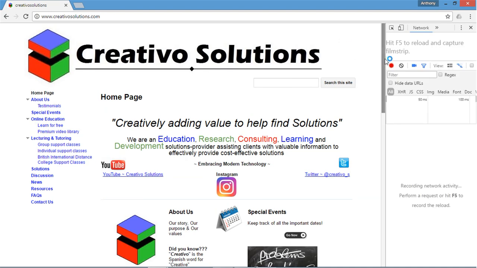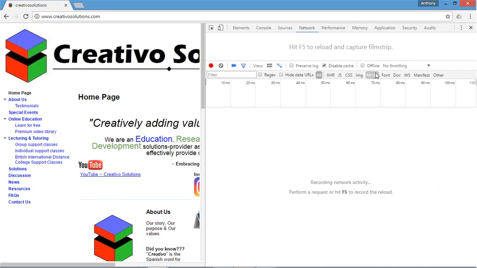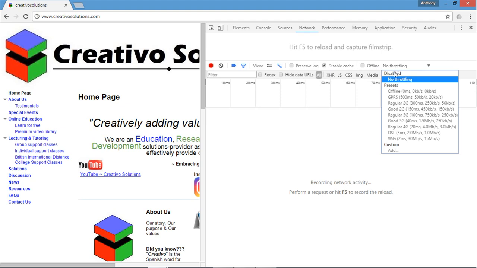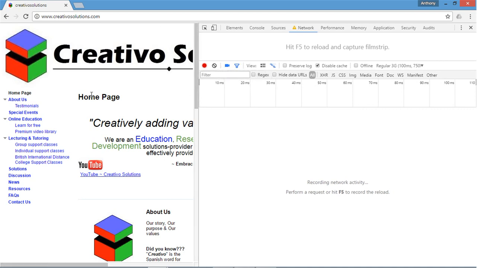So if I go back to our interface here, let's have a look at the time it would take us to access. Disable cache, regular 3G, and if I load this page,